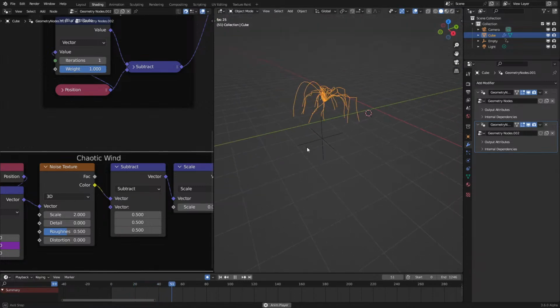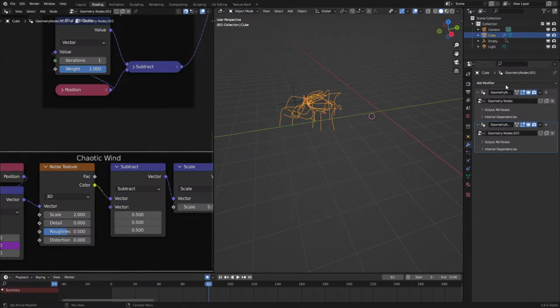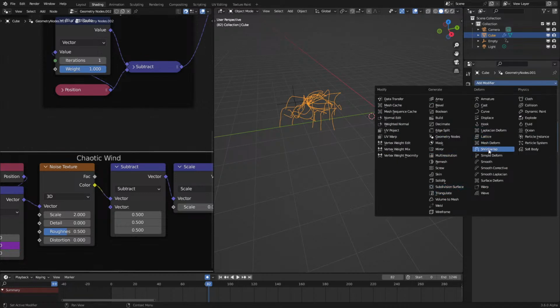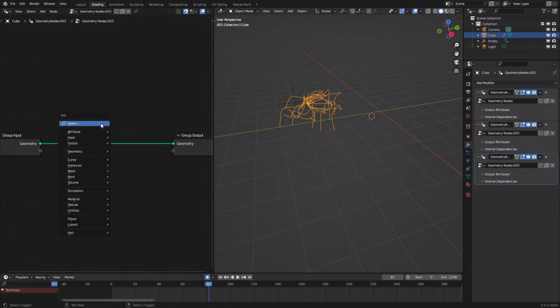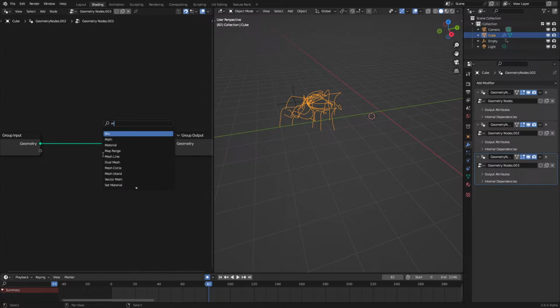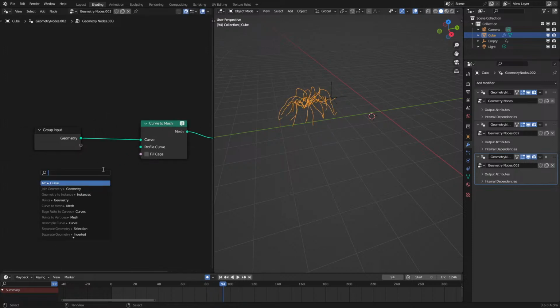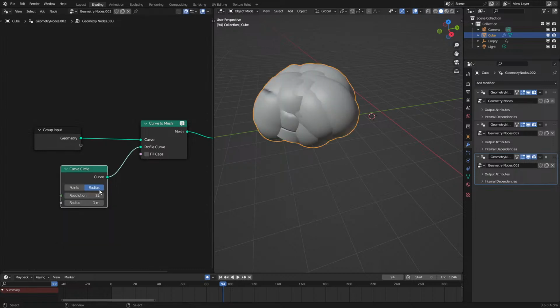So next what I should do is mesh this effect. So that'll be pretty simple. Let me add in another geometry nodes just so that I can keep these separate. So let's use a mesh curve node. Or a curve to mesh node. Yeah, that's the one. Let's have the profile curve be a curved circle. Make sure you don't select mesh circle or else it will